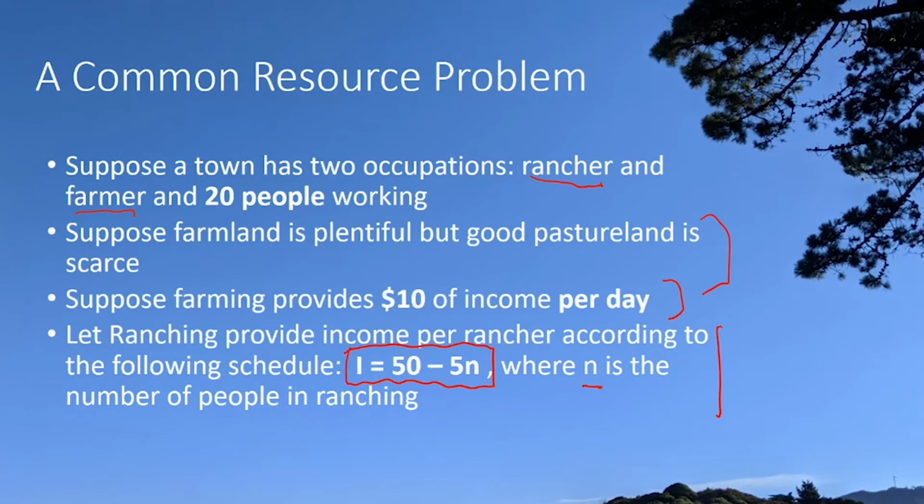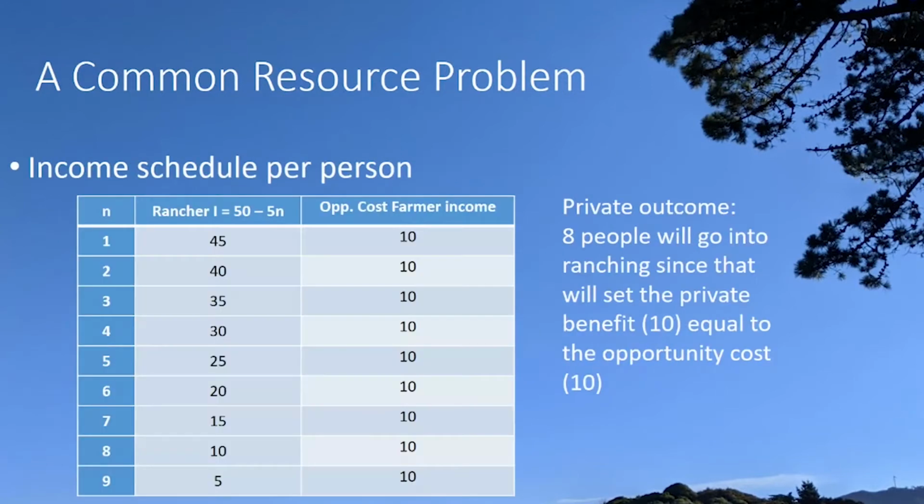Okay, so the more N is, if you have 2 or 3 or 4 or 5 ranchers, the cattle is going to eat up more of the grass faster, and it's going to have some negative impact upon your income ultimately. Your cattle is not going to grow as fast, it's not going to get as fat, you're not going to make as much meat, all of that is going to happen. All right, so let's look at a schedule.